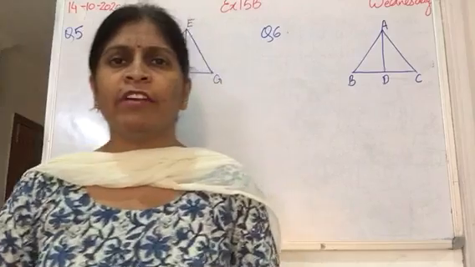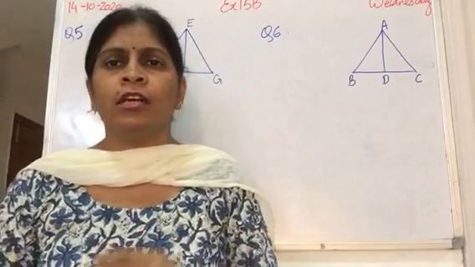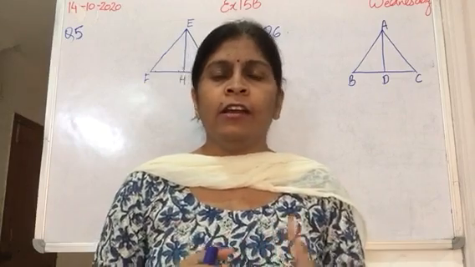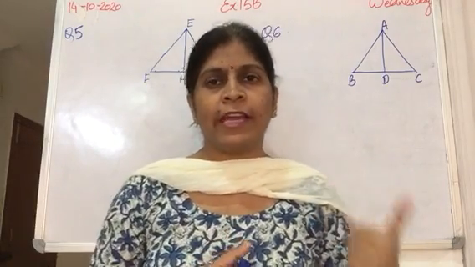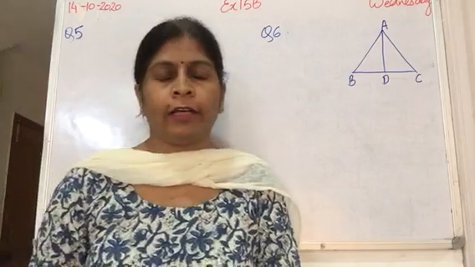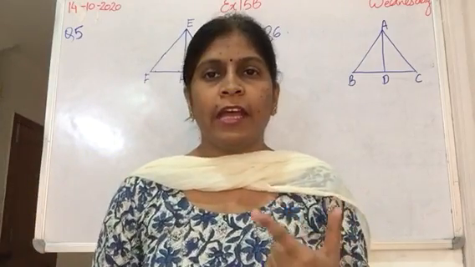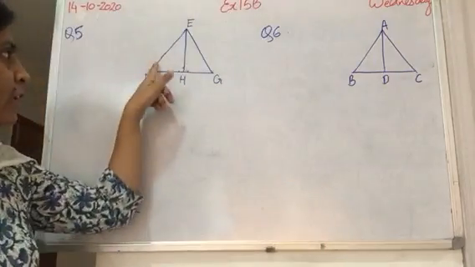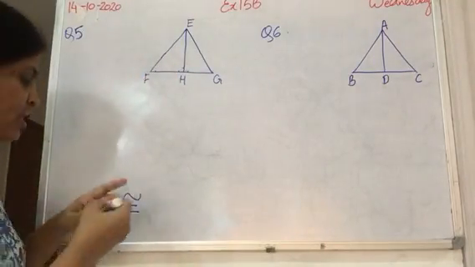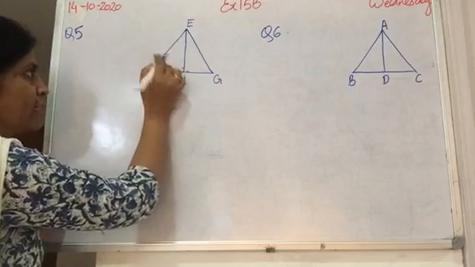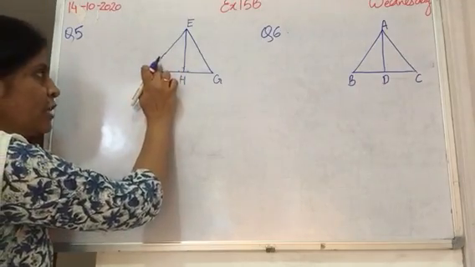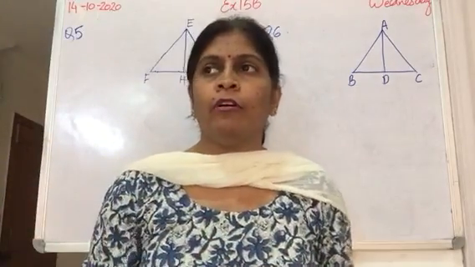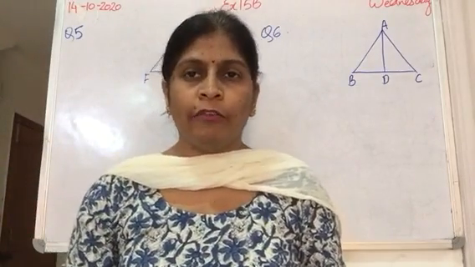Secondly, when we talk about congruency of triangles, you should remember the four criteria. One is SSS, side side side: the three sides of one triangle should be the same as the three sides of another triangle. Second is SAS, side angle side. That means two sides and the included angle, the angle in between them. Like in this case, if we talk about these two sides, this is the included angle. Two sides and one angle of one triangle will be the same as two sides and one angle of another triangle.